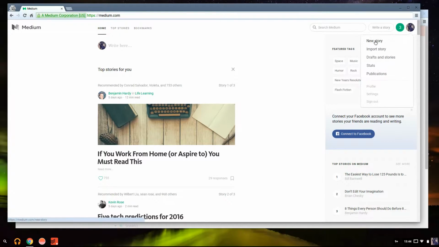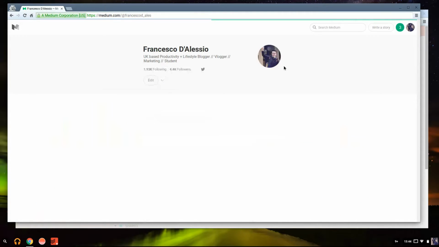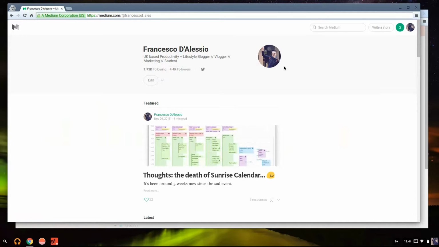Medium allows you to essentially set up stories, and that's a blog post in layman's terms. If you did create something from your blog and you wanted to transfer it over, you can import a story, which is importing a blog post. You can also set up drafts and see statistics on all of your posts, which is a really useful way of going deeper, as well as who's read them and read ratio, as well as a recommendation ratio. And that's quite powerful. Additionally, it attaches to your social profile, so your LinkedIn, your Twitter, and this really does promote virality.